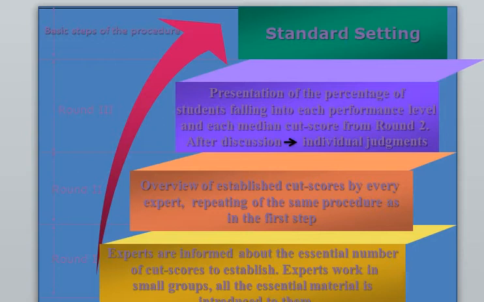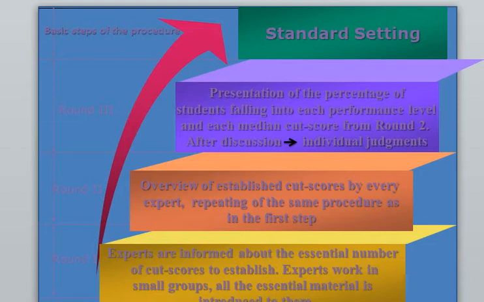Then in the third and last round, there is a presentation of the percentages of students falling into each performance level, and each median cut score from round 2.